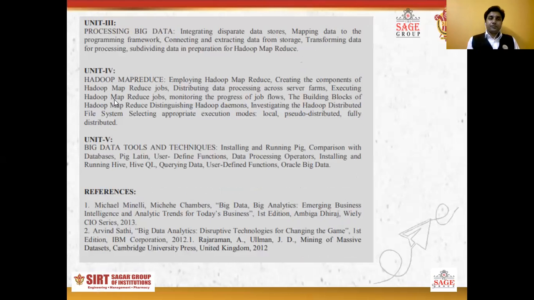In the fourth unit, we will discuss some tools like Hadoop, Pig, MongoDB, and how a Hadoop MapReduce job works. So we will discuss different data analytics tools in the fourth unit,